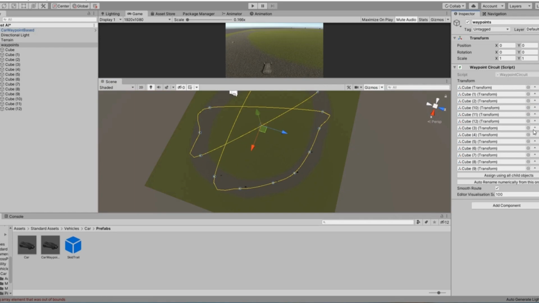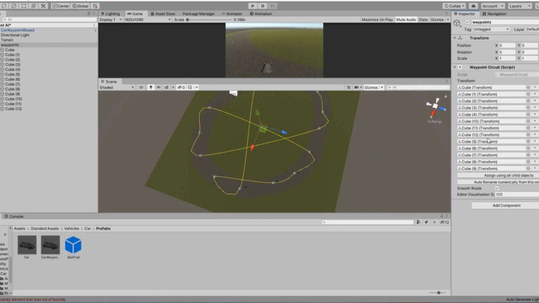Now I will move this cube 3 to its correct position, and now the cube 4. And now I will move this cube 10 down, yes, this cube 12 should be the last cube in the waypoint.